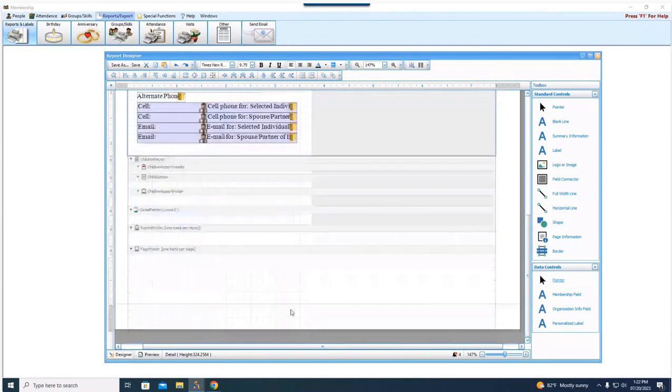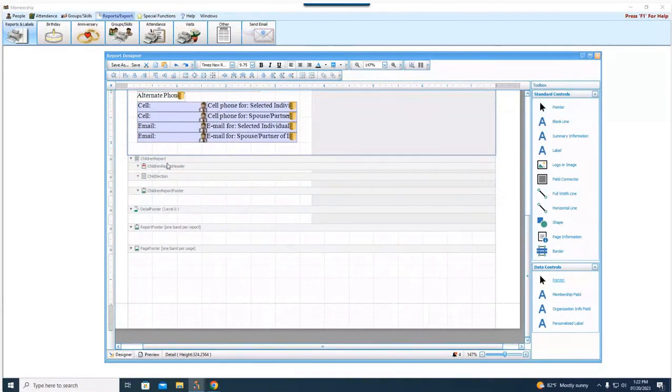Okay. Down here below, you have your children's report. Obviously, we're not going to have time to get into that. I have about a minute left. This would be if you want to see specific information on kids. I don't see this utilized too terribly often, but I think I have a webinar on this out on the